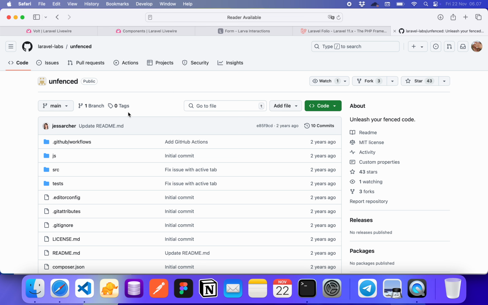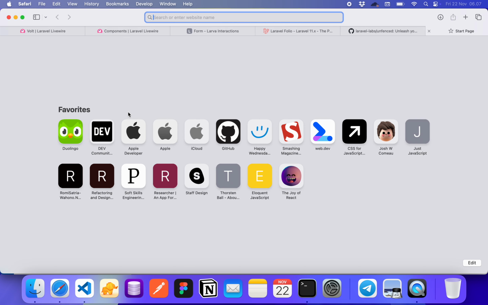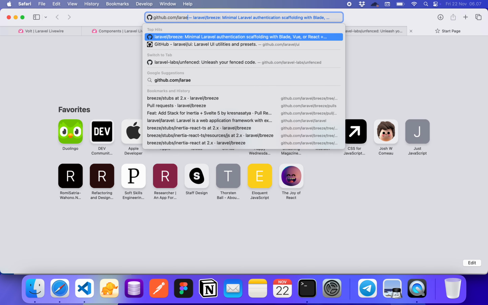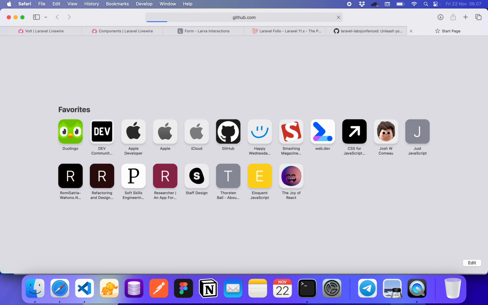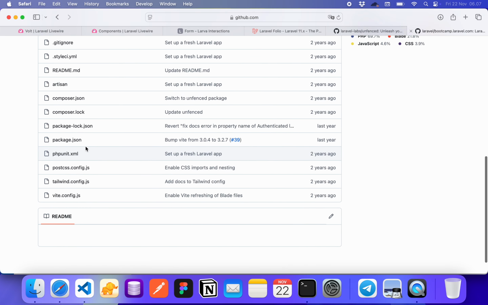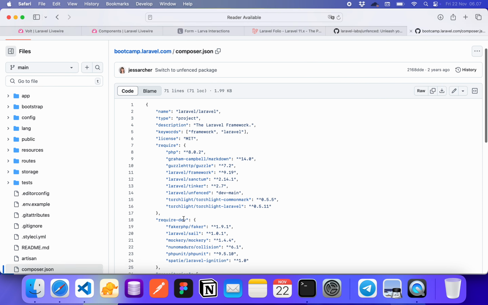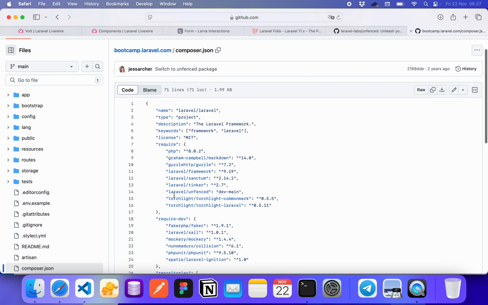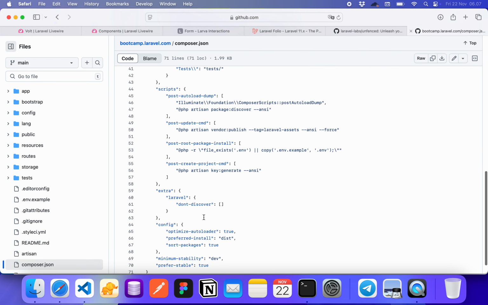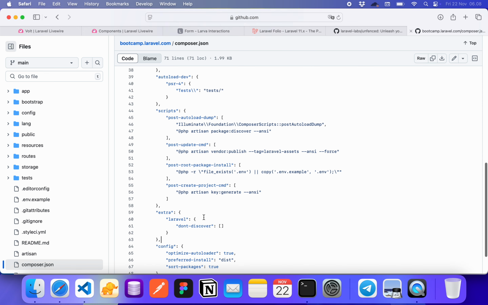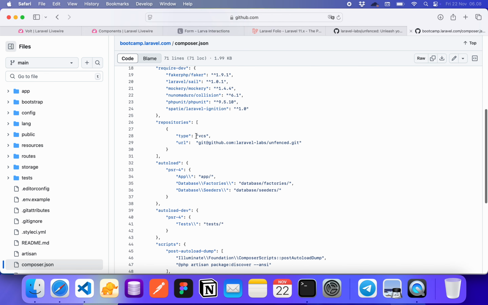So where do I get this thing? I get it from the Laravel bootcamp repository, bootcamp.laravel.com. If we go to this composer.json, we will see something like Laravel Unfenced, which links to a version control repository like this one.